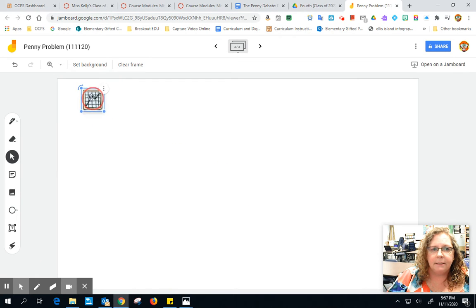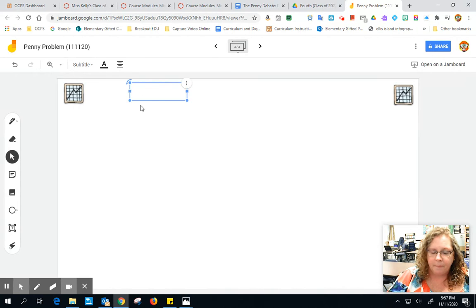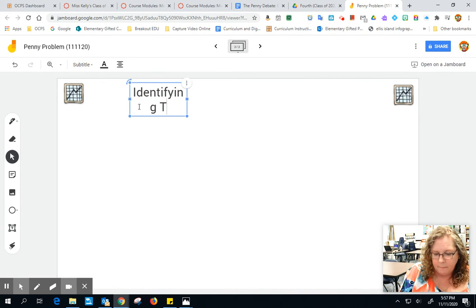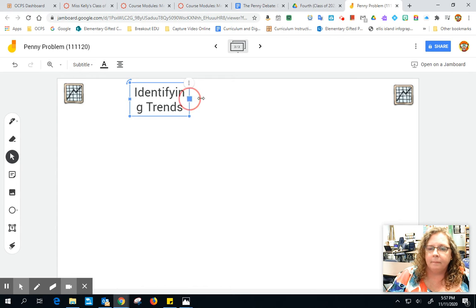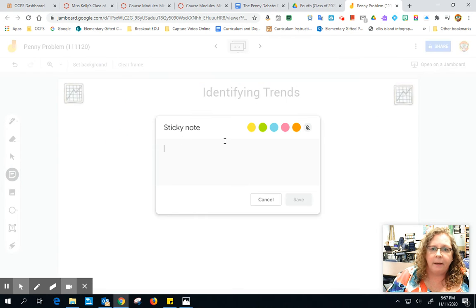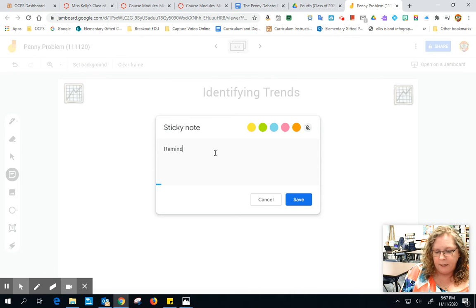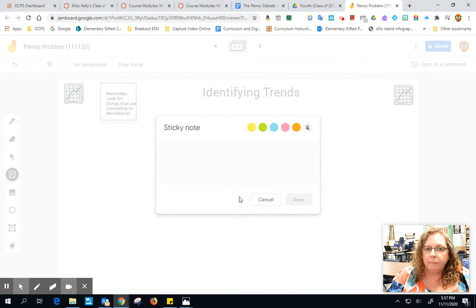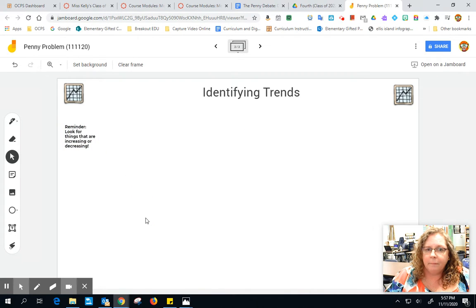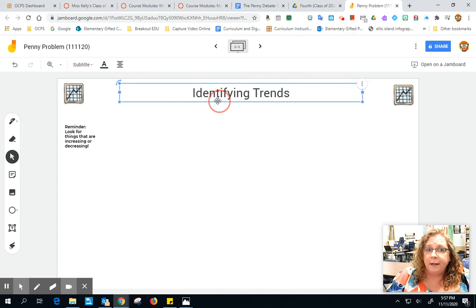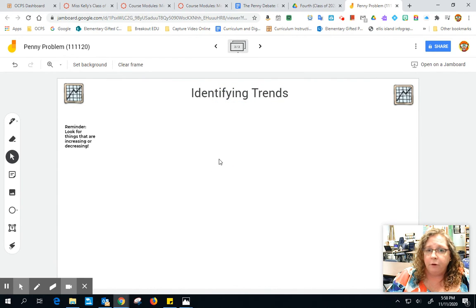So I can add that in the corner, duplicate it. I'm going to add a text box right here. I'm going to add a white sticky note with a reminder. And then the students will be able to add what trends they see, they notice are either increasing or decreasing